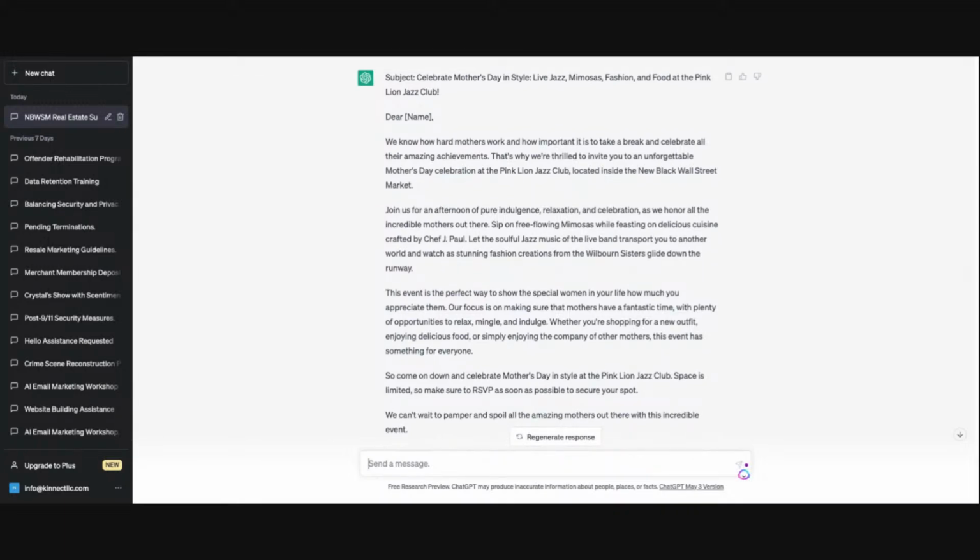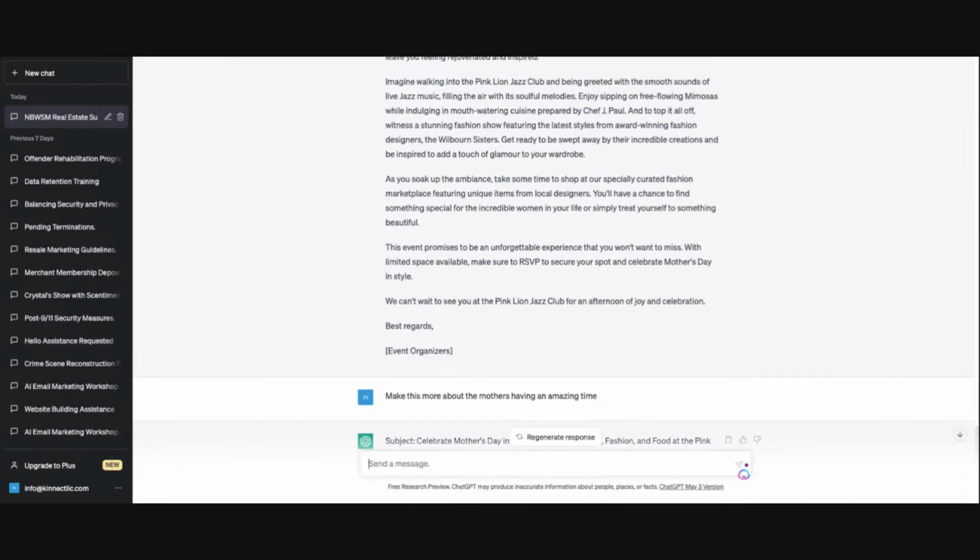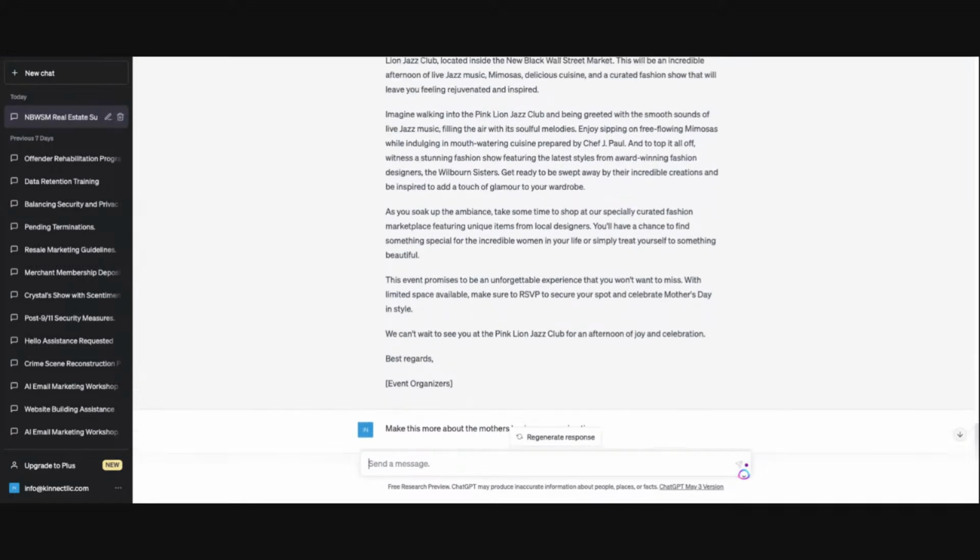I got you. The event is a perfect way to show a special woman in your life how much you appreciate them. It's several times I have regenerated messages. I'll take part of that email, part of that one, and piece them all together to make it work. So